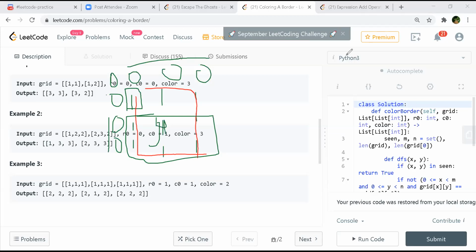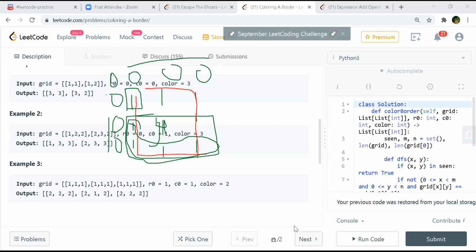Okay, but if your square was very big, and you had many squares and they were just connected by a single row in the middle. Yeah, so then in some cases you would have a different way. Here it is a very perfect square or maybe a rectangle, right? But if you imagine a very big grid, then there might be cases like that. So you'll have to actually visit each and every element over there. Yeah, but it has to be connected. But then how do you find the connectivity when you are in a DFS at a particular place and you have to find connectivity somewhere else? Okay.